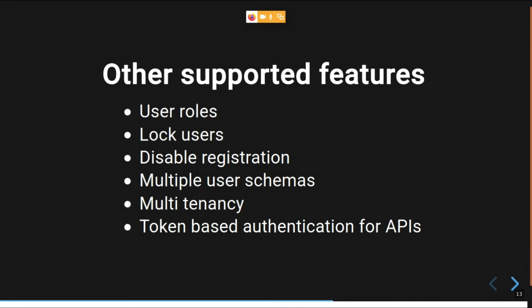Again, another feature is disable registration. Like I have already told you, if we don't want every person on the internet to sign up to our service or application, we can disable that registration feature. And then either we can implement an invitation, sending an invitation link and registering with that link, or if it is a controlled environment, a backend admin can create a user directly.